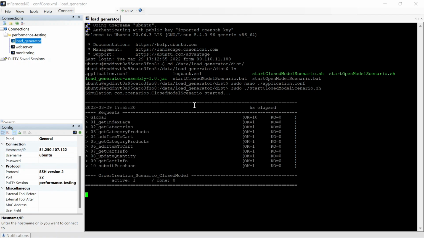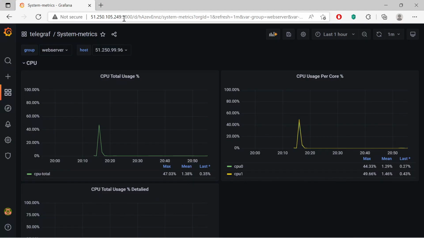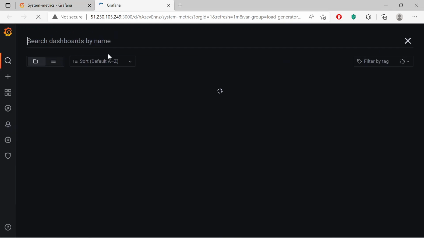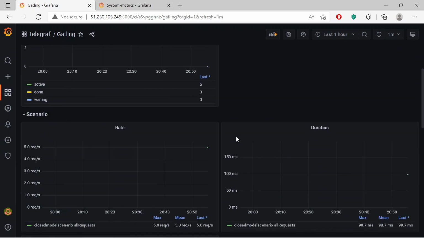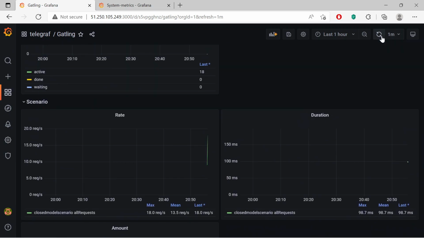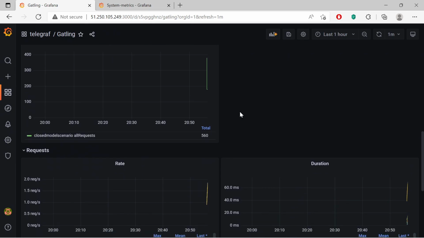The test is running, and now we can open graphs in Grafana. We will start the analysis by checking the number of users. There should be 100. Each of the users will make one chain of requests every 10 seconds. Each chain will consist of 10 requests. So we expect a total request rate to be 100 requests per second. We will be ready for this level of load within 5 minutes, so it is necessary to wait a little.